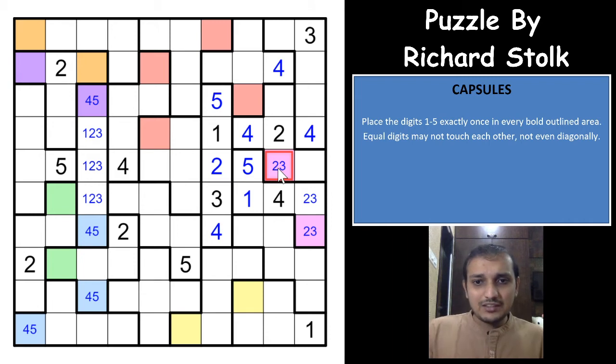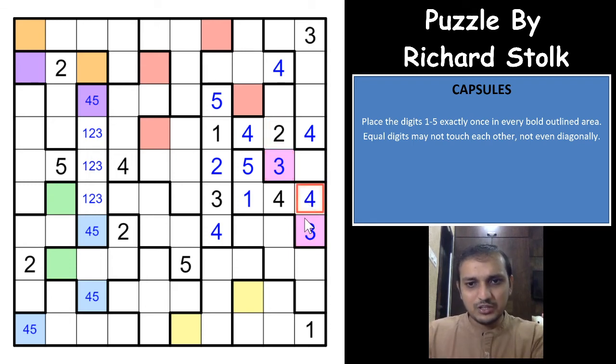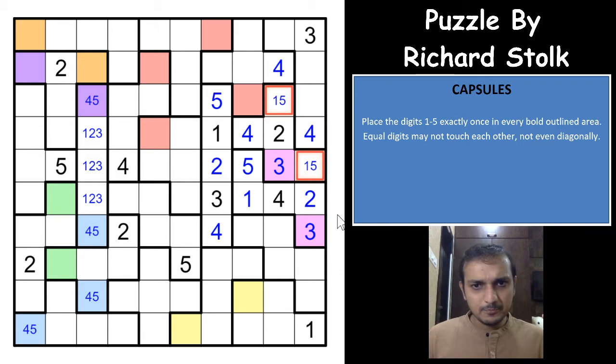As we have already marked that pink cells will have to be same, and we have marked a 2, 3 pair here, which means this would have to be 2, 3, and you already have a 2 in that region, so this would have to be 3, this would have to be 3, and this would have to be 2. Wow, and these 2 cells are 1 and 5.